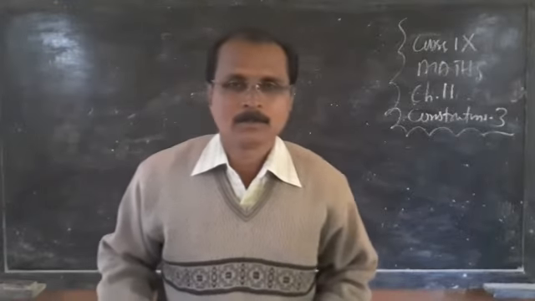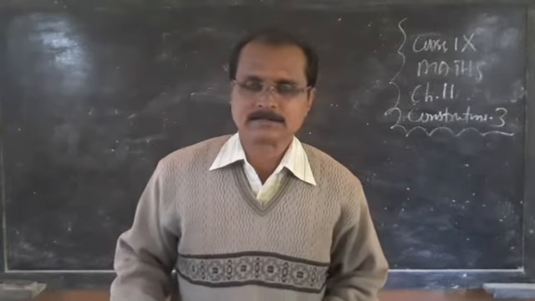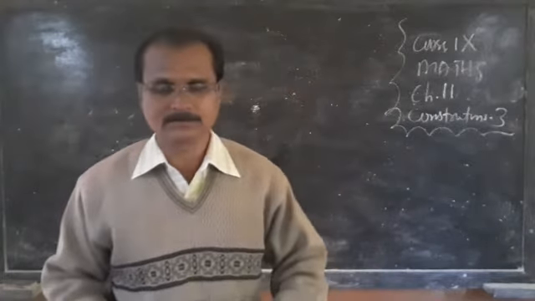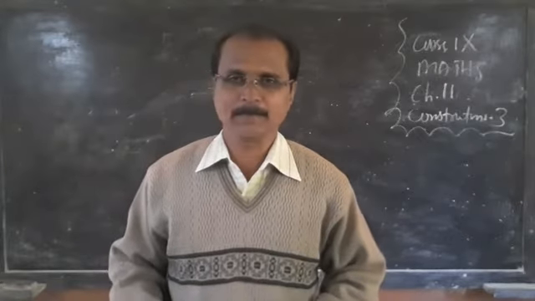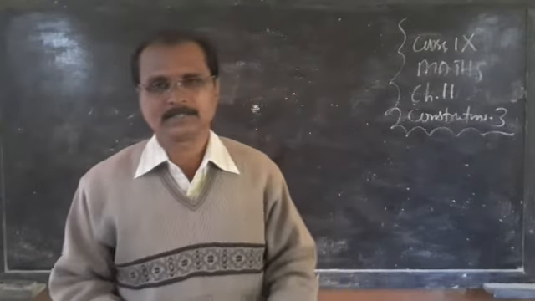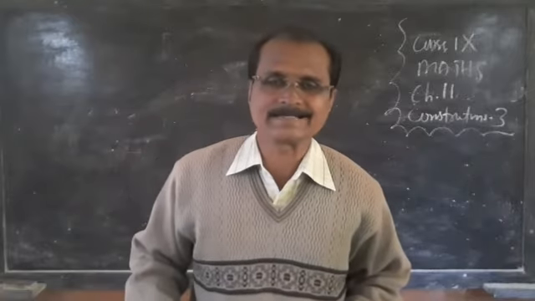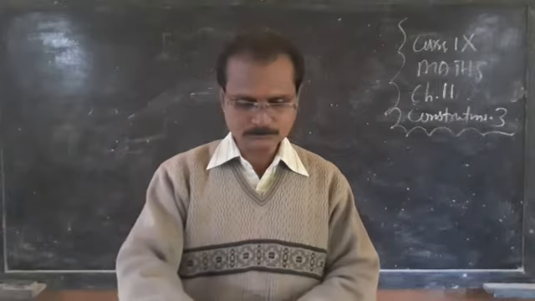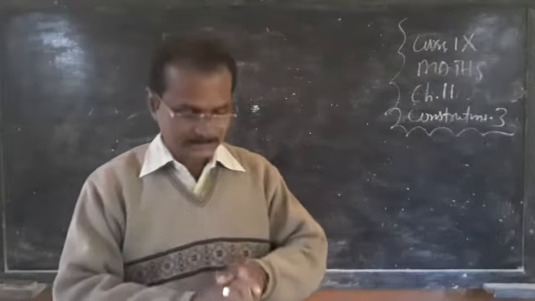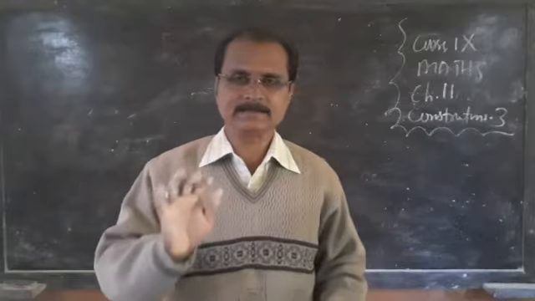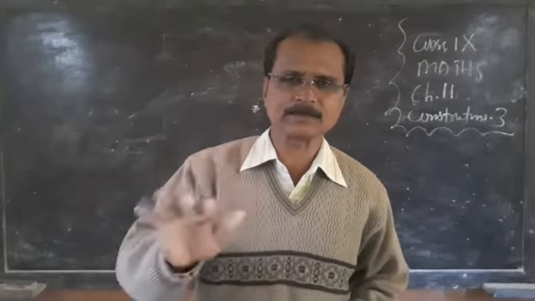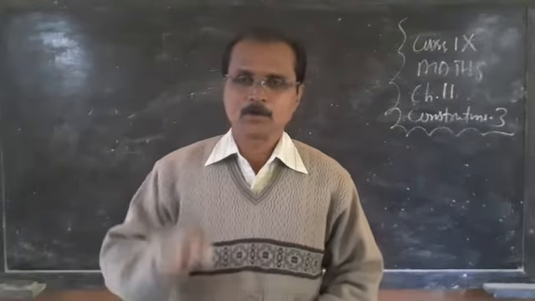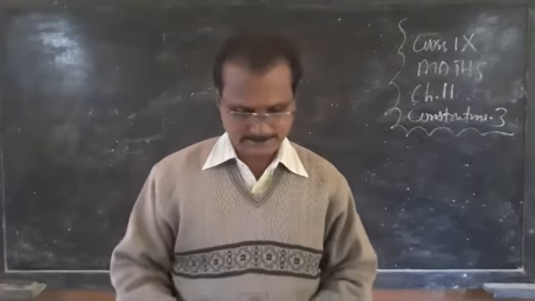So far we have constructed three important constructions. One is the bisector of an angle, then the perpendicular bisector of a line segment, then the third one is construction of a 60-degree angle. Construction will carry 4 marks. So draw the construction, and it is compulsory to write the steps of the construction. Get more practice writing the steps.